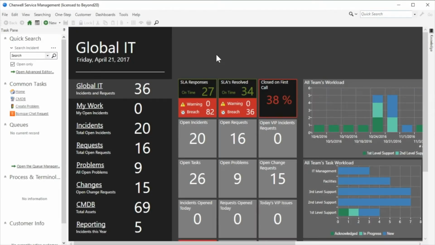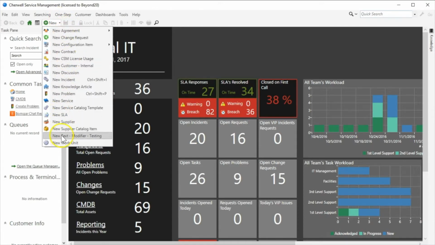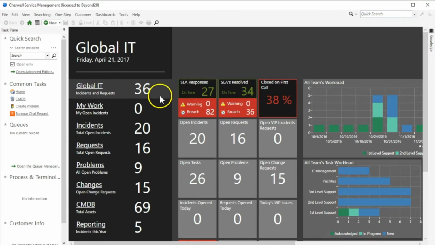I am a solutions consultant with Beyond20, and in this video I'm going to be reviewing some of the new modifier functions that are available in Cherwell version 9.1.0. In this video we'll be focusing on the Encode Text modifier, which I will be demonstrating using an example business object I've built for